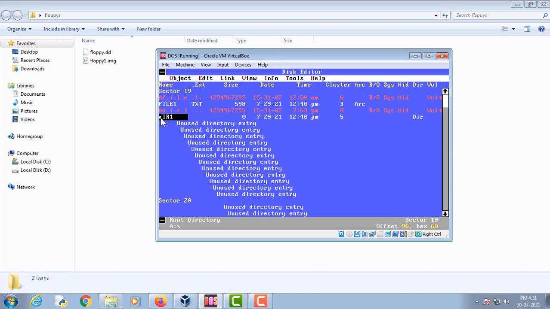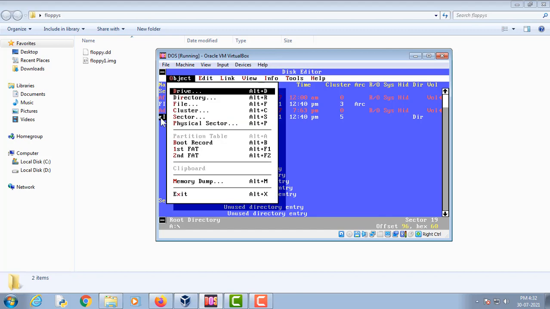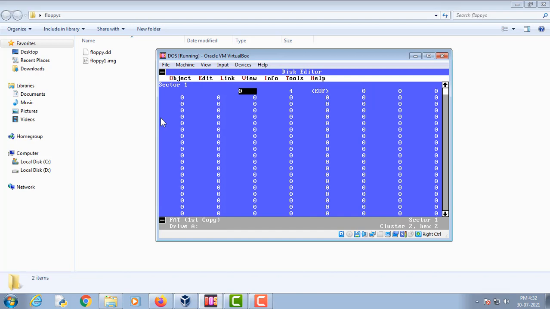And if we go to the file allocation table, cluster number 5, which is the starting cluster of the dir1 directory, its value has been replaced by 0. So in order to recover the dir1 directory, we'll have to reverse these changes.